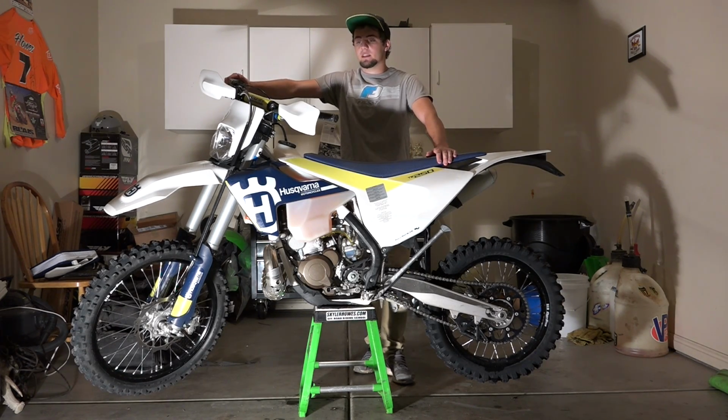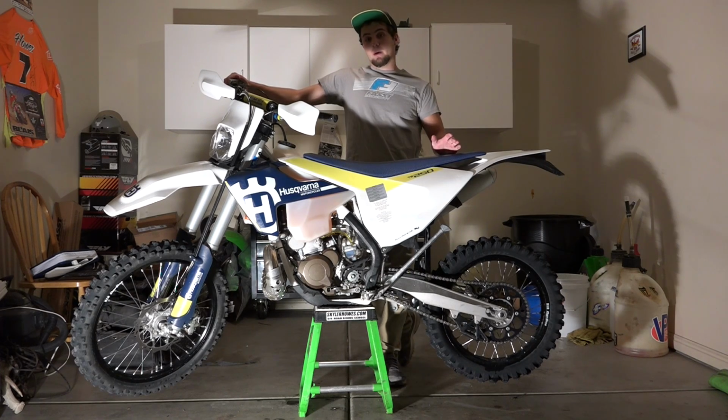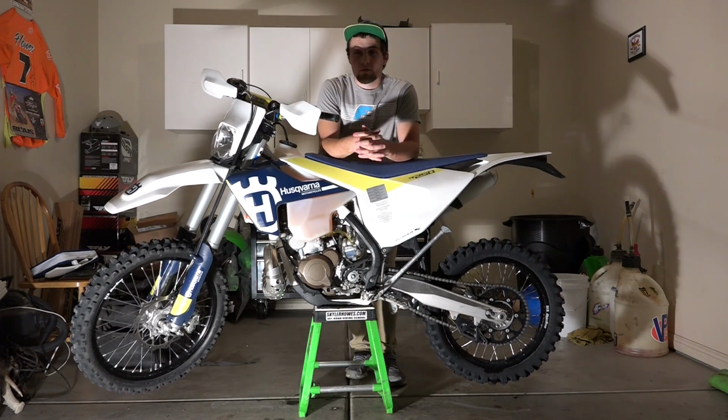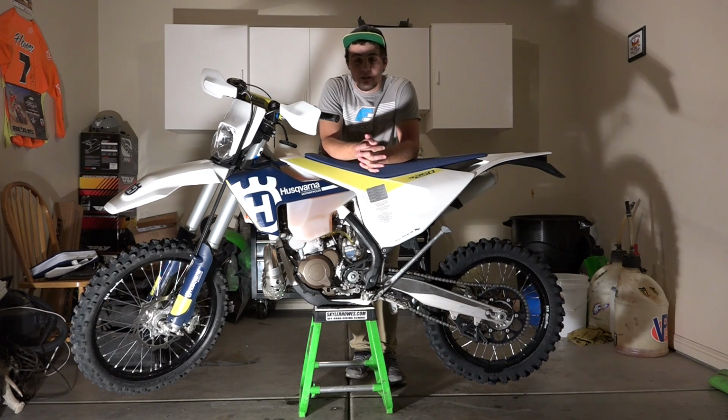I just want to give you guys a little review on how I feel about the bike so far. I have 13 hours on it, actually probably about 15 with a race on it as well. This is a sweet bike. I like it a lot. I came from four-strokes. I just came off of a 2016 YZ450FX. I enjoyed that bike a lot. It was really nice. And this is a completely different platform, so it's super hard to compare the two, but